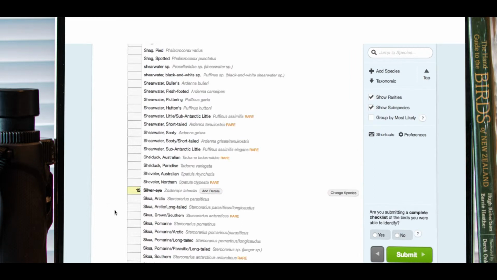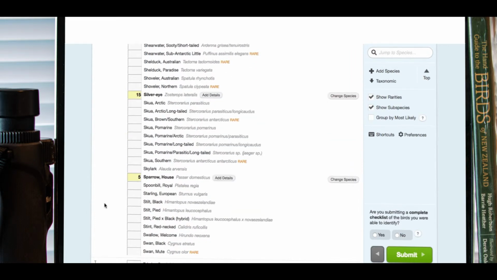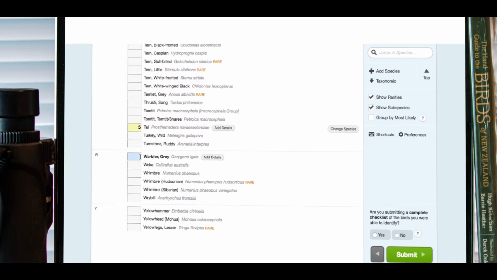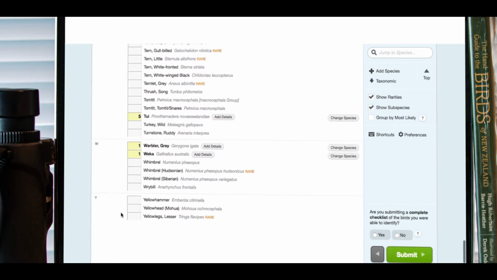Also saw a handful of house sparrows. I heard and saw 5 gorgeous tuis. There was a grey warbler singing its heart out, and there was a whacker as well. So that's everything. I could click on submit for now, but I want to show you how to add in